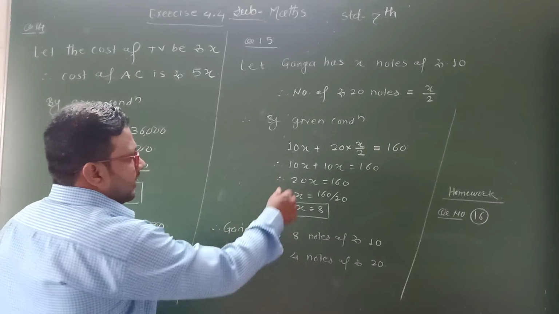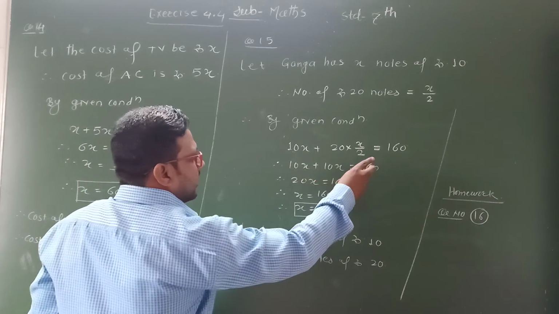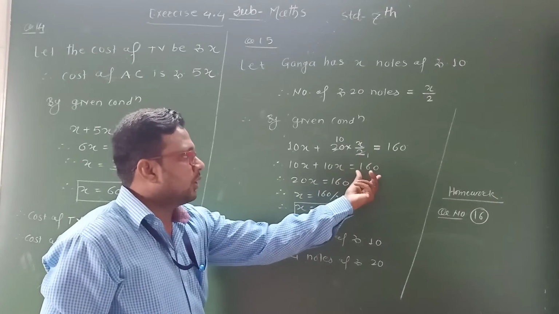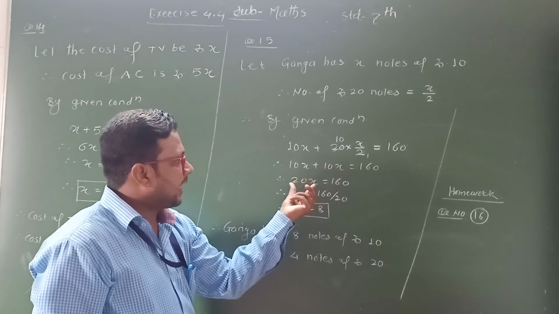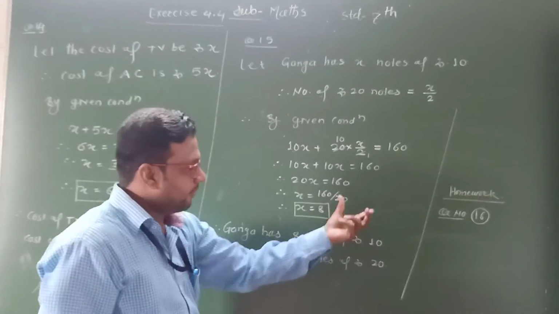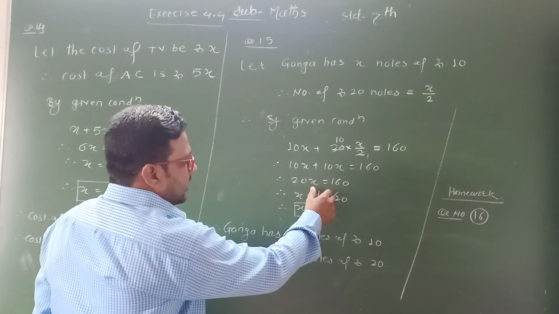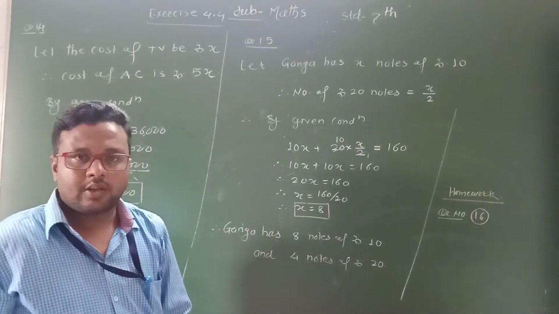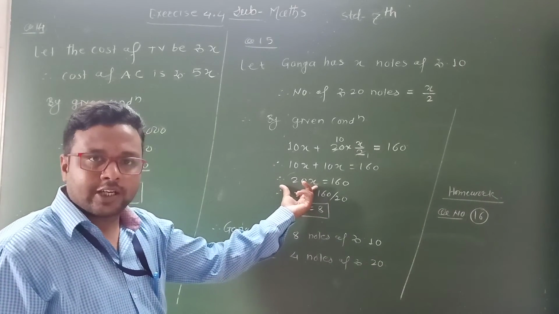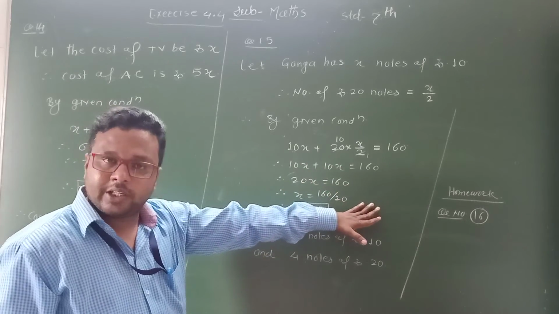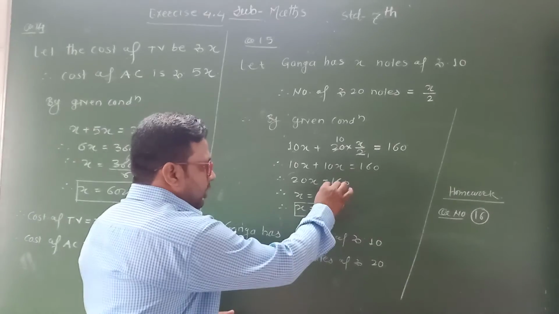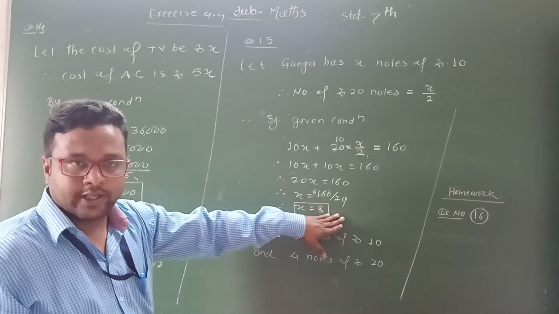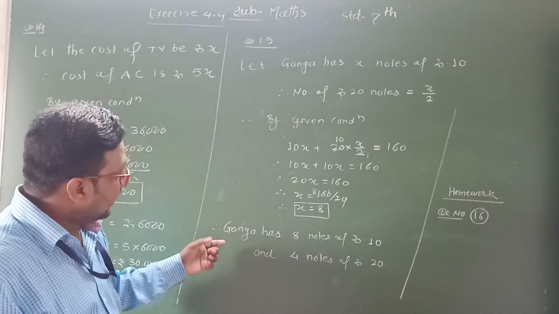Now we solve the equation. 10 into x, that is 10x as it is, plus 2 tens are 20, 20 into x upon 2 gives 10 into x, so here we get 10x is equal to 160. 10x plus 10x, addition is 20x is equal to 160. Therefore x is equal to 160 divided by 20. Clear? It is in multiplication on the left hand side with the variable, so we transfer it and it will come in division. After division we can cut 0 and 0, 2 ones are 2, 2 eights are 16. Therefore here we get the value of x is equal to 8. Clear?